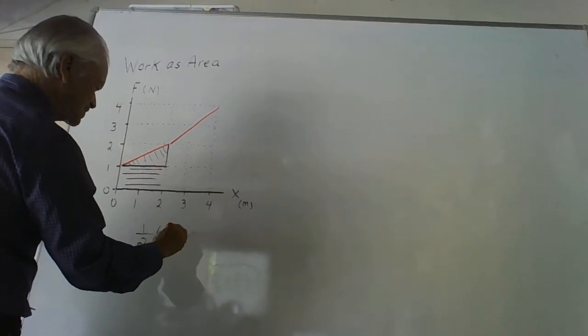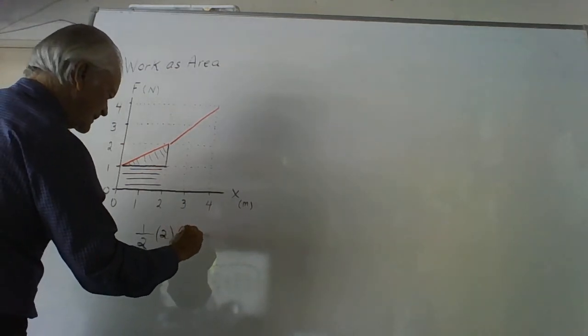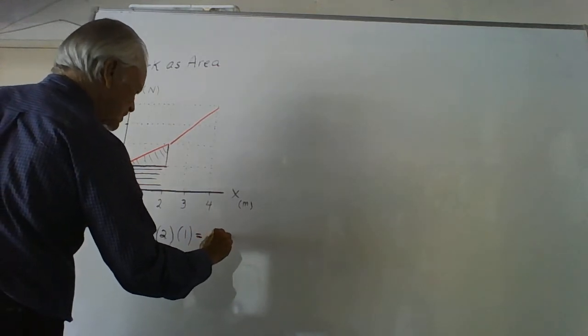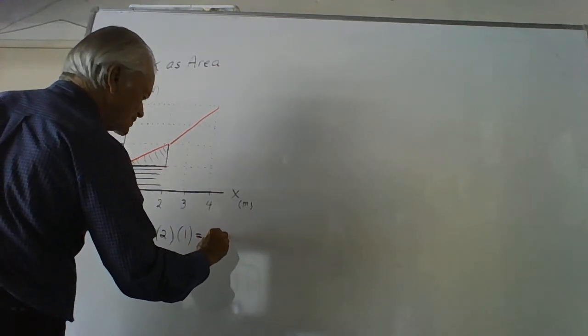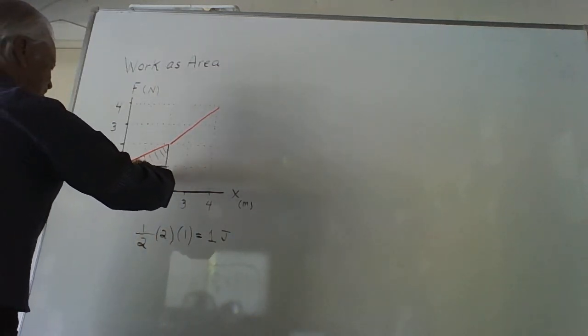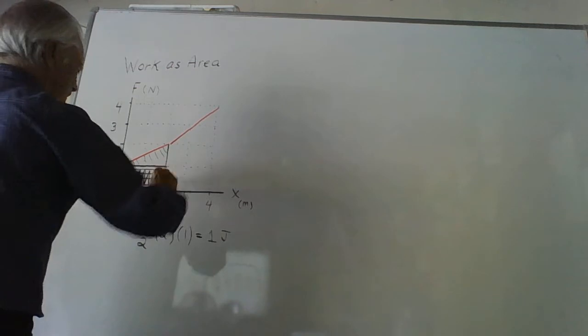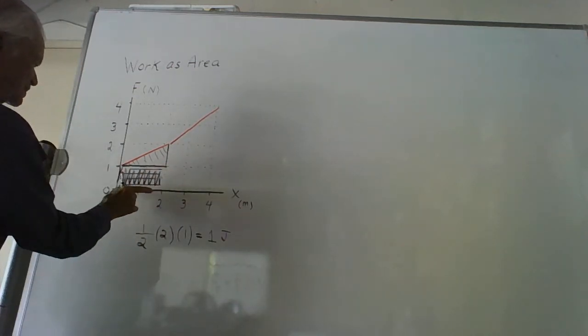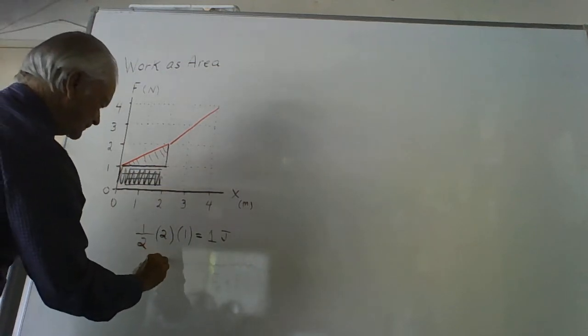Well, that's just a 1. Final result there is 1, and the units are work units, which are joules. Now the area of the rectangle is width times height, which is 2 times a 1,